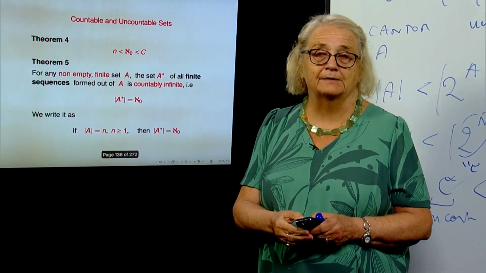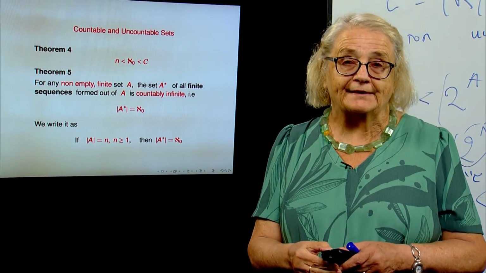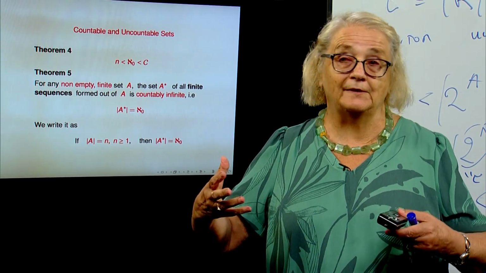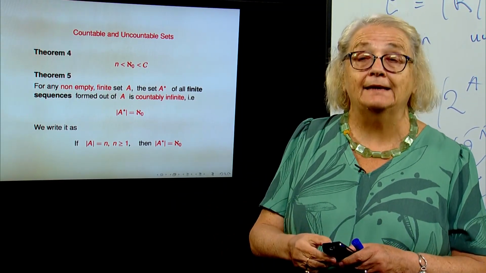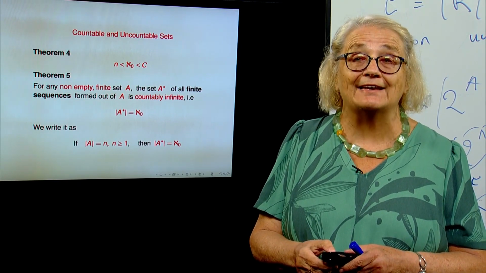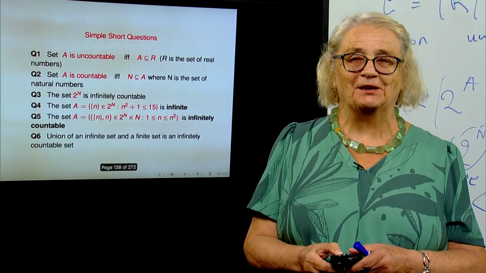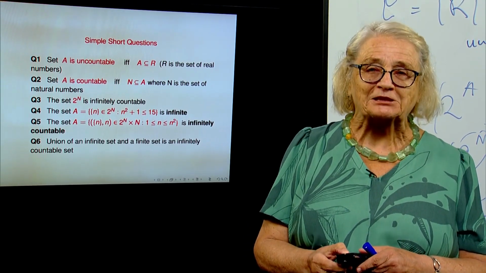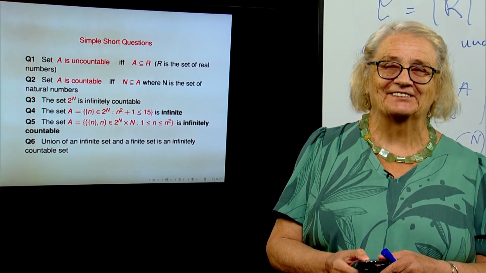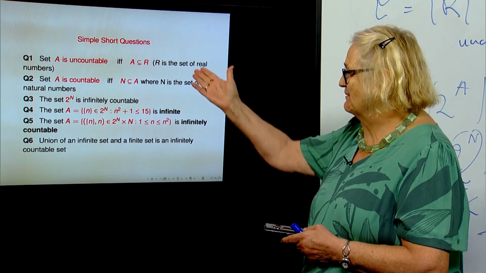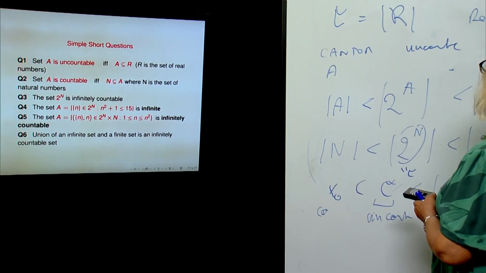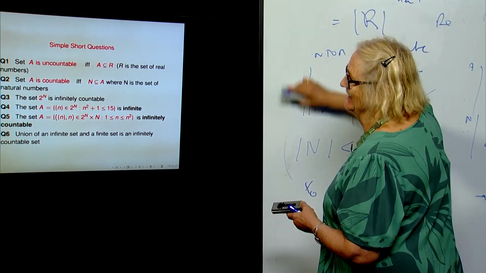So those are simple properties of how you deal with those different types of infinity and how they relate and what they mean. And of course, we have some simple questions, which I will leave you to study,